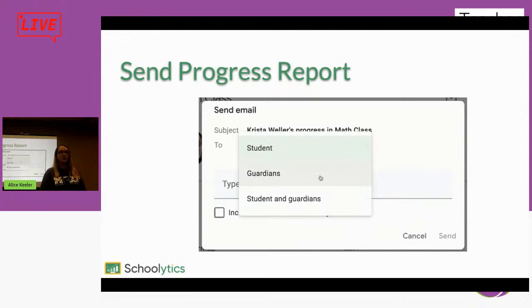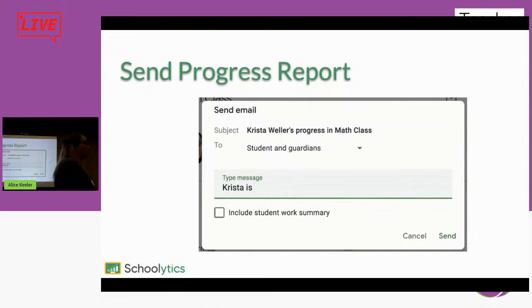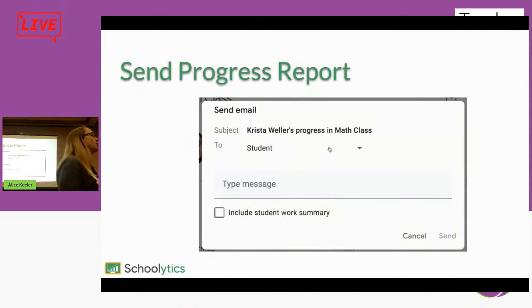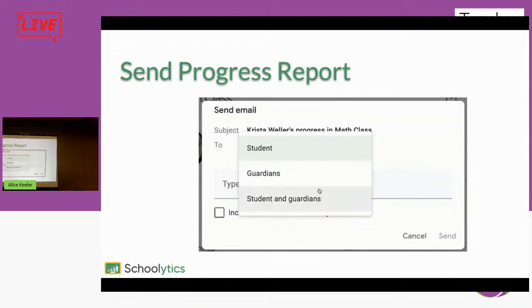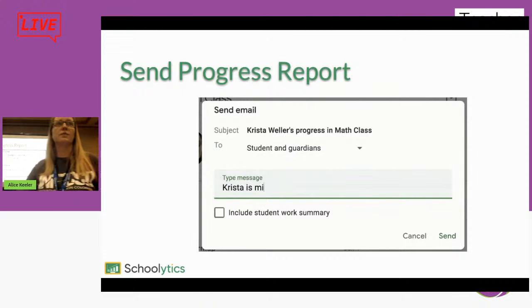Here's the problem with that. If the students don't have email, they won't get it. It doesn't actually go through your Gmail, just so you know, so you can't go to your email and see that you sent it. How do you get that progress report? Well, unless you're their parent, you don't. So that would be a way for you to send it out, but you don't really have a record of it, just to be honest.